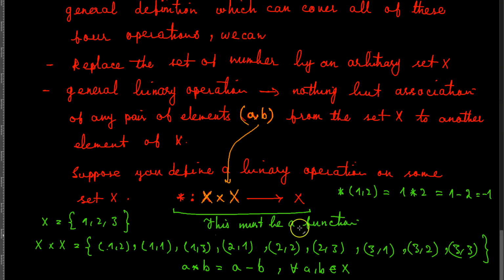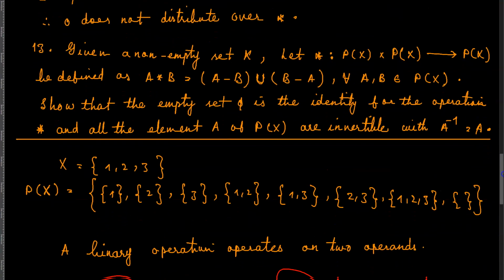And as you can see, negative 1 doesn't exist here, so this is not a function based on this. So you have to define it in such a way that this actually remains a function. And when that is the case, that this is a function, then the binary operation star is defined,